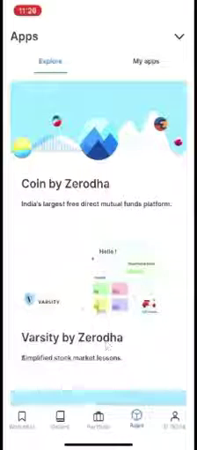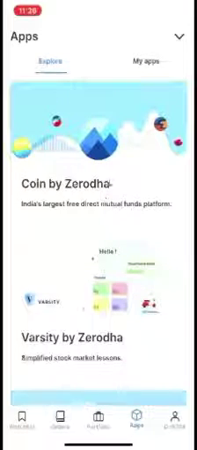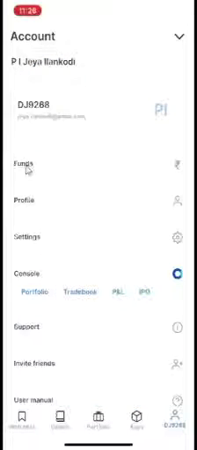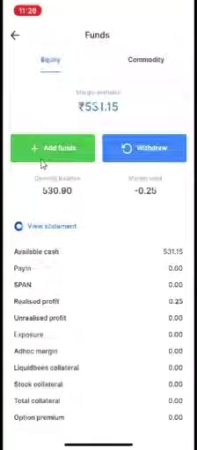In the apps tab, Zerodha apps will be available. We can use them if required. Next, go to the profile option. This is our profile. We can add funds using this funds tab. Click on the funds option. Here you can add and withdraw funds.